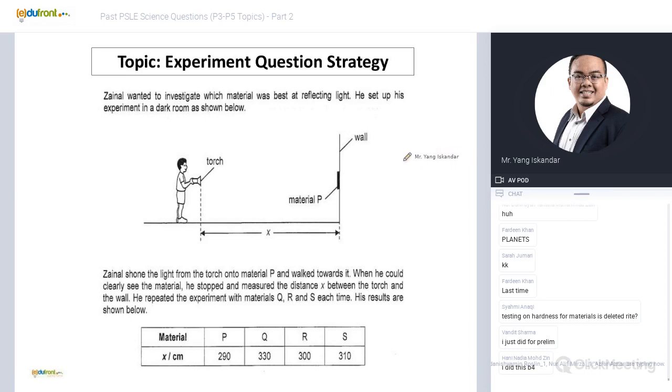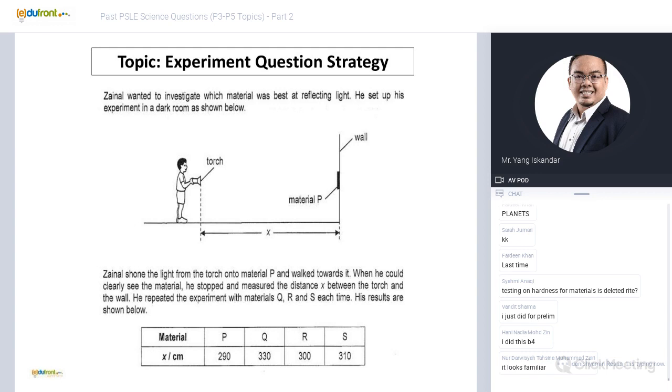This is a typical experiment question where you have a setup, and they present the data in the form of a table or in the form of a graph. Just now we've seen the graph. Now here they represent it in the form of a table. And when you see an experiment question, those of you, my P6 students, you will know the 5 steps, or the 6 steps, that I shared with you